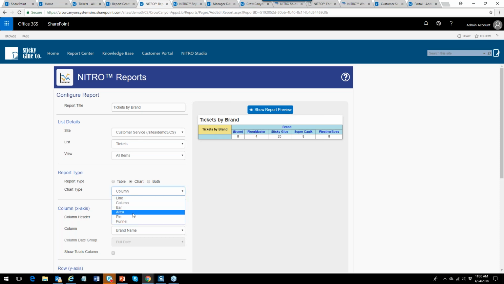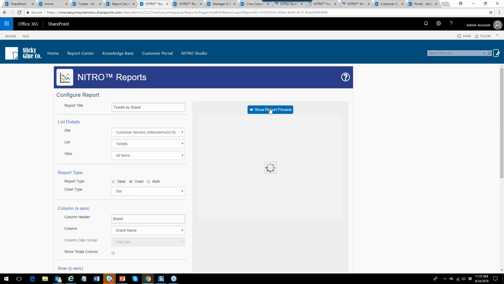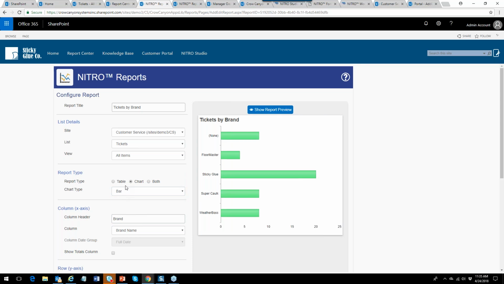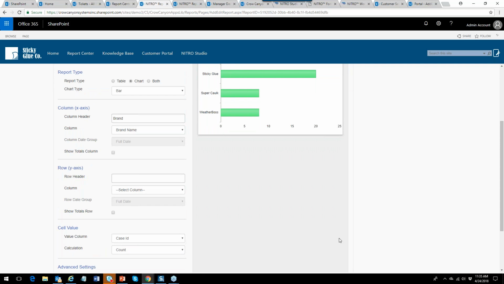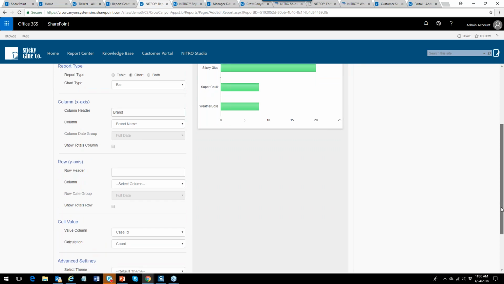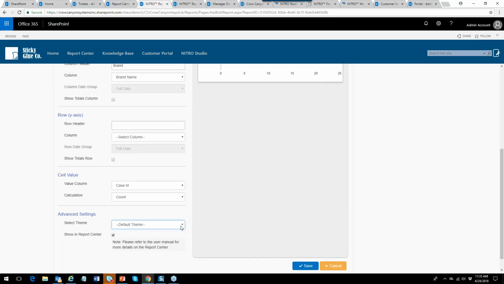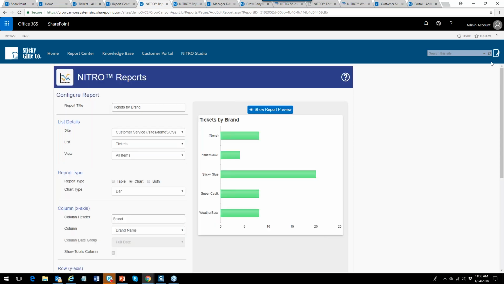Instead of a column, you want to use a bar chart. Once you save it, that will become part of the report from then on. So you're simply choosing the column header, the column name, and saving that, deciding what theme you want to use. If you don't want the default theme, there's another theme you can use on the report. You can use different themes if you want, and decide whether you're going to show it in that report center or not. So the report manager gives you the ability to create any kind of reports you want and show them